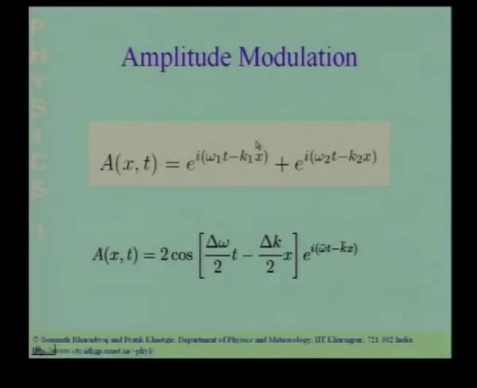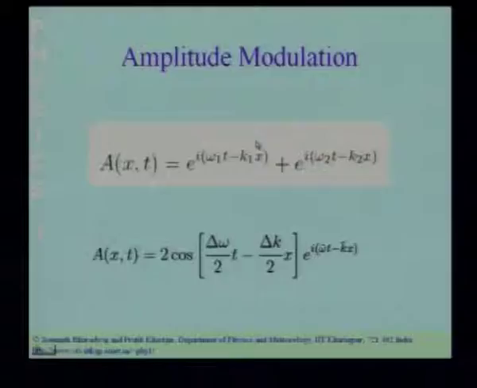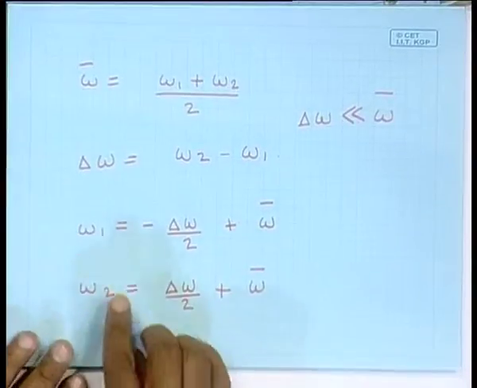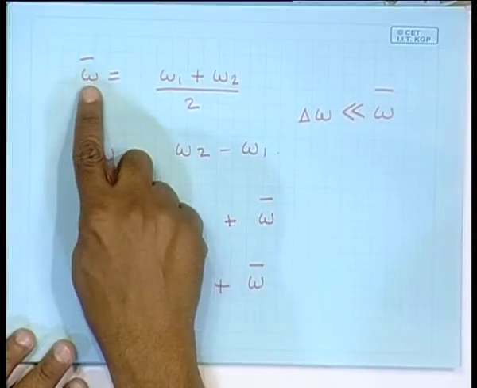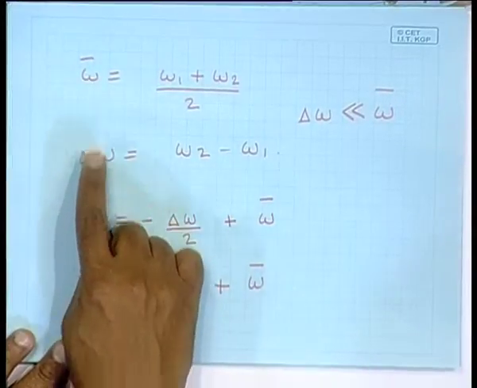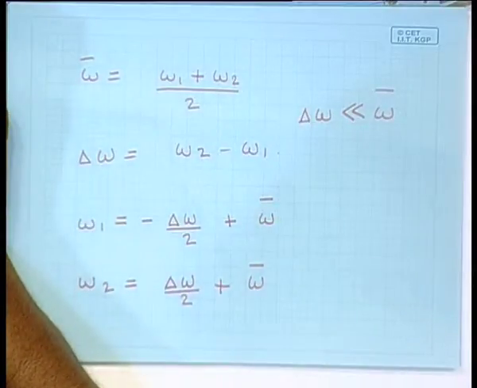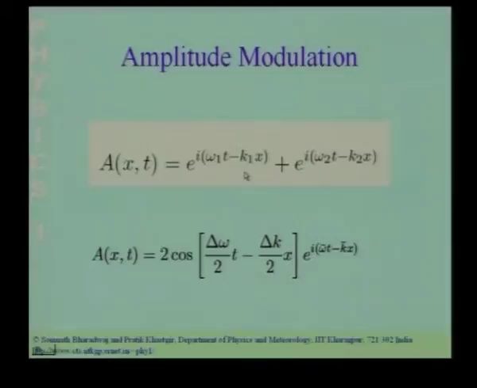Now, we can repeat exactly the same exercise which we had done when we had looked at the time evolution. So, we could write omega 1 and omega 2 in terms of the mean angular frequency and the difference in angular frequencies. We can do exactly the same thing with the wave numbers also. So, we could also introduce the average wave number and the difference in wave numbers, and the superposition of this we have already worked out. If you superpose these,